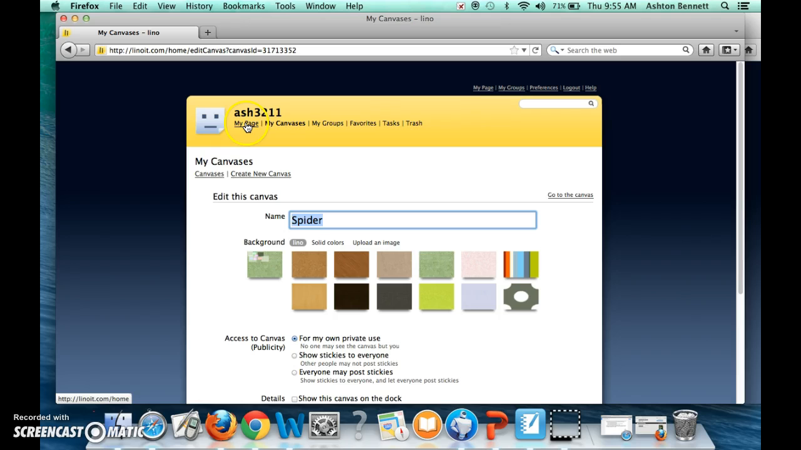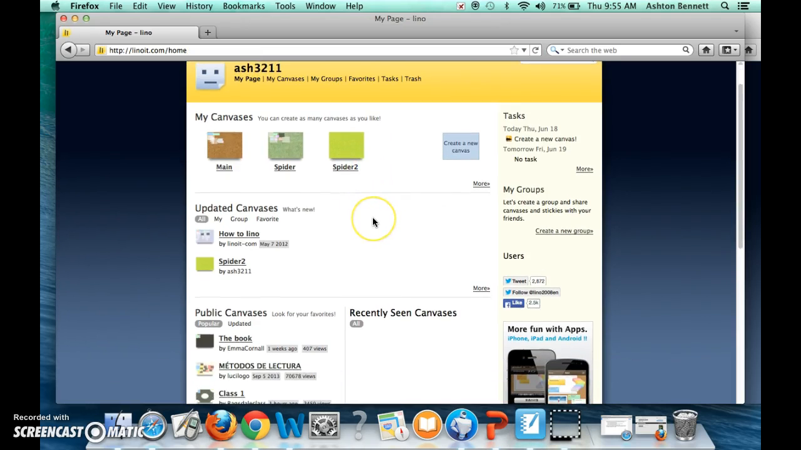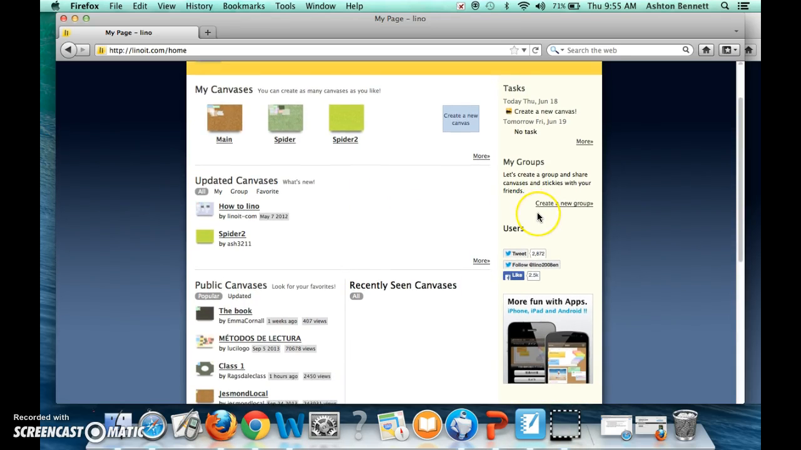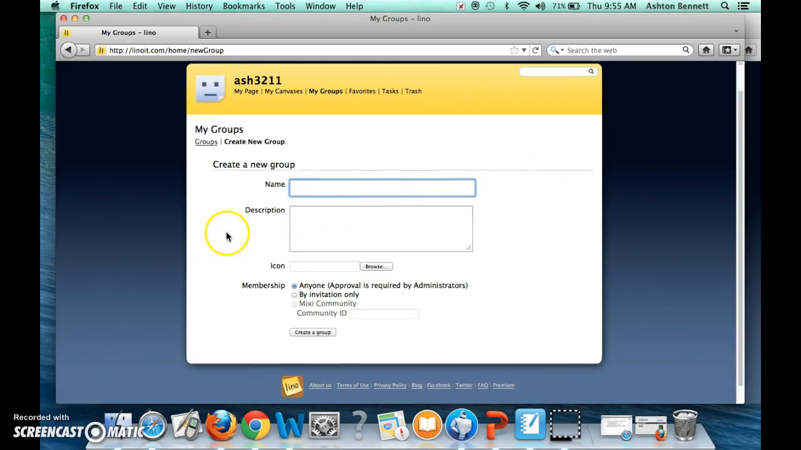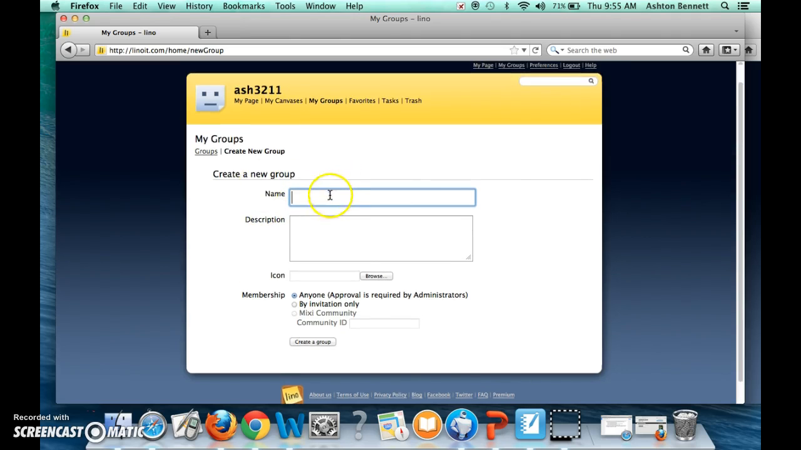So now I'm going to go to my page. This is like your home page. Okay, and then what you could do, this is if you wanted to have groups. So you can go to create a new group. And then this way you could have students be working on projects together and you can kind of monitor their progress. I'm going to call this group 1,